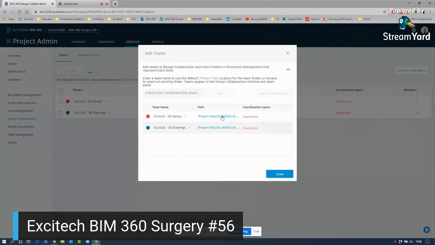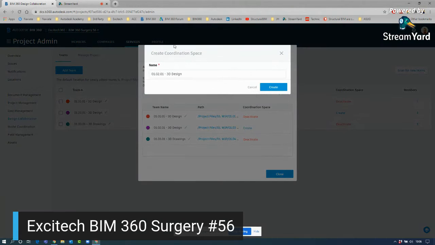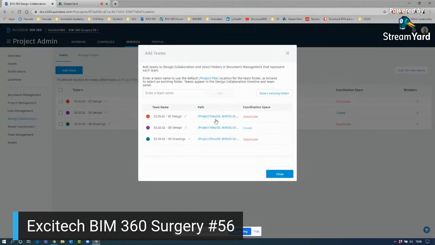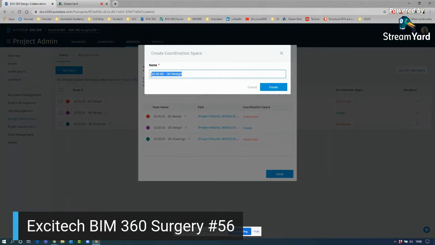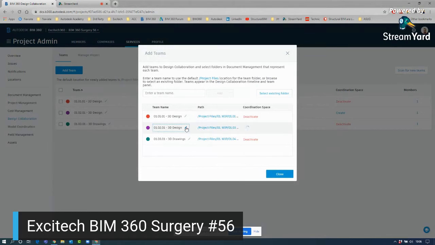And I click add team, and you'll now see I've now got my 3 teams added with that coordination space. Create. So you can now see we've just got a unified approach where we can specify the team location, which